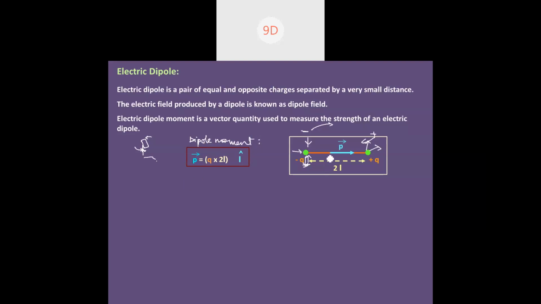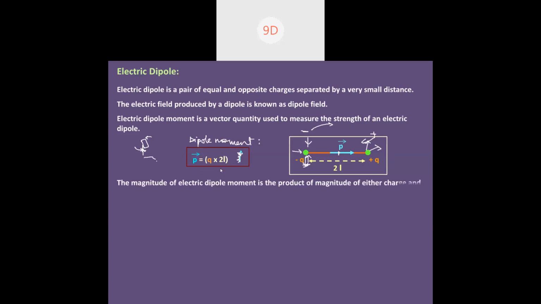Dipole moment is the charge multiplied by the distance of separation. Right now you don't need all this, it's just an indication of a vector. So it is the charge times the distance between them. Guys, for convenience, we are assuming 2L as the distance. Ma'am, why are you not taking d or r? Suppose I want to break the dipole, I will consider this as L and this as L, and further I will be considering the charges individually, one particular charge at a time. So right now, I'll take 2L for convenience.